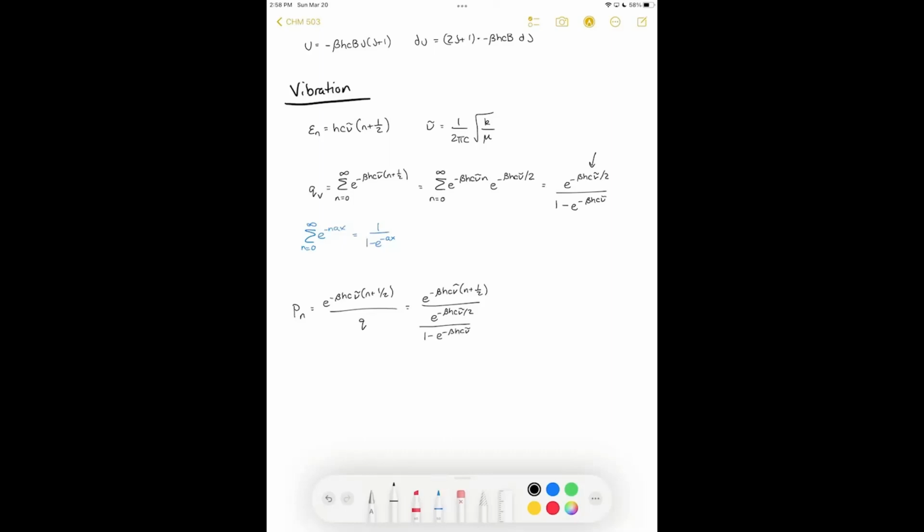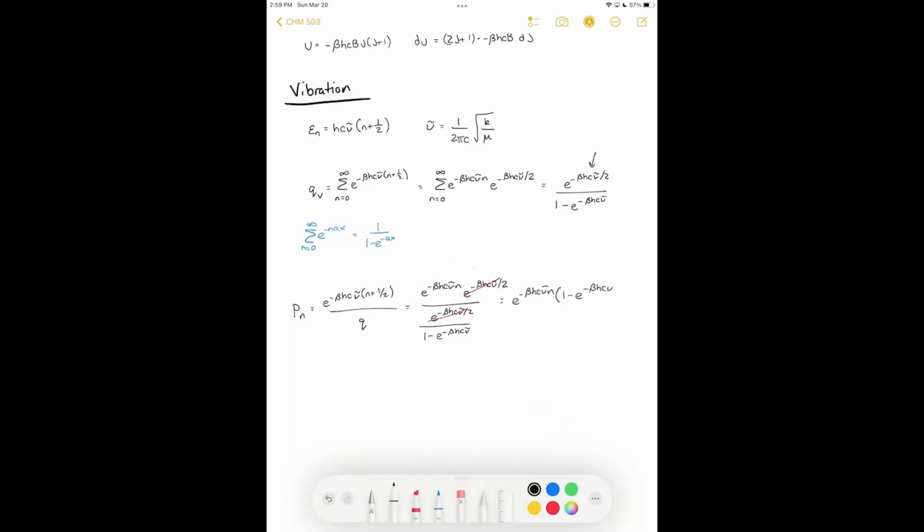And you'll see that this term, this n plus 1/2, we can also substitute in here, just like we've done before. So I'll go ahead and erase this term, and I'll put in this alternative formulation of it. With this, we can see that we will cancel out both of these terms here, and what we'll end up with is e to the minus beta hc nu times n, and then times 1 minus e to the minus